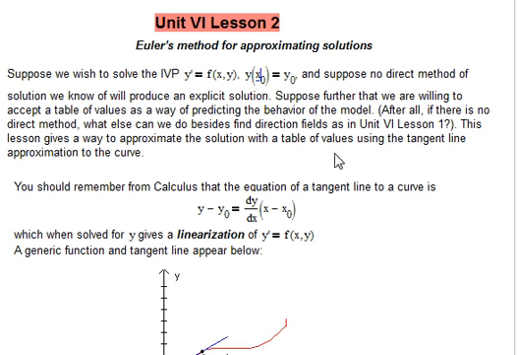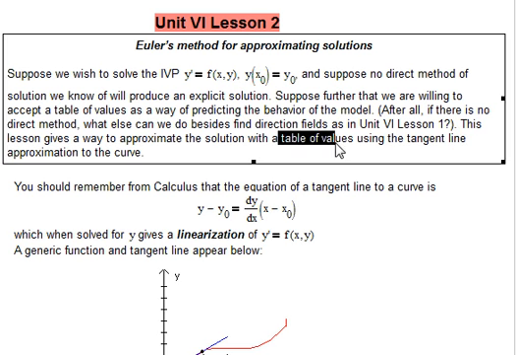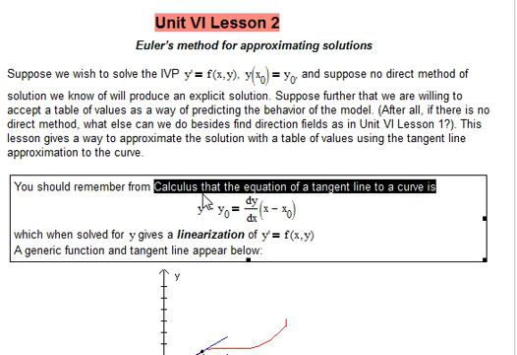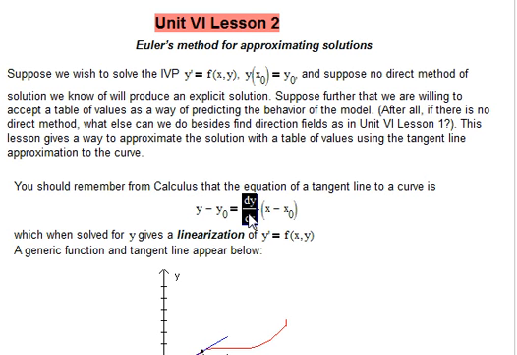let's look into it. This lesson gives us a way to approximate the solution with a table of values, as opposed to a graph like the last lesson, using the tangent line approximation to the curve, something you probably did in Calculus 1. You should remember from calculus that the equation of a tangent line to a curve is y minus y sub 0 equals m, the slope of the tangent line, dy/dx, times x minus